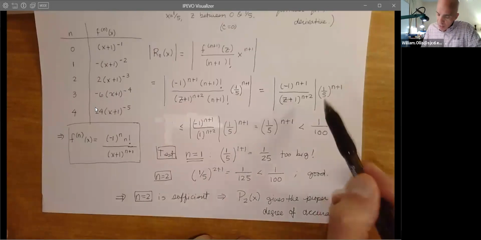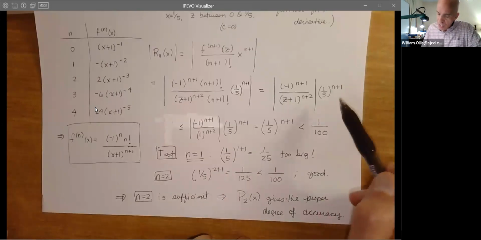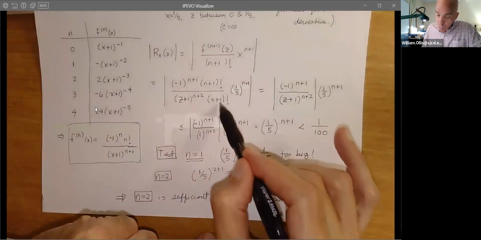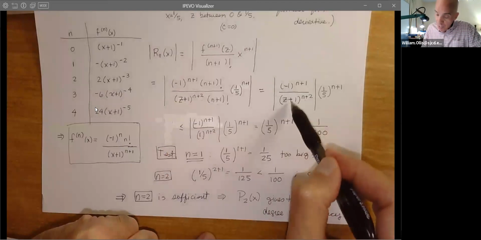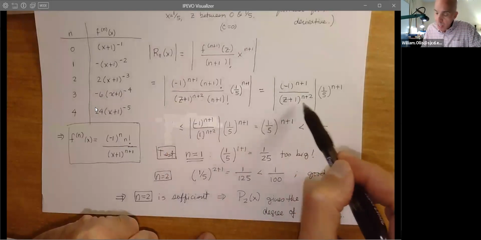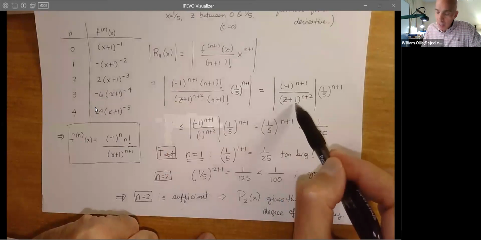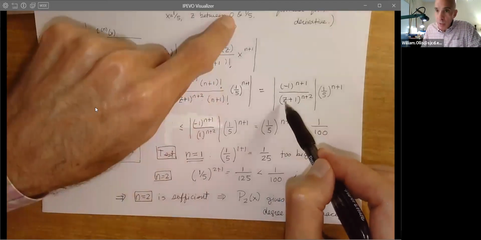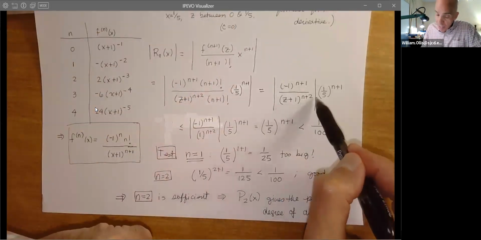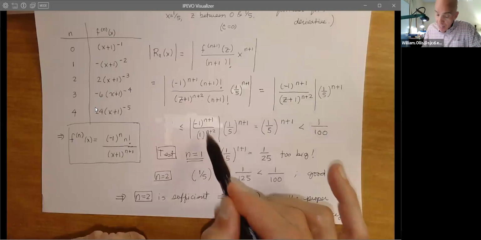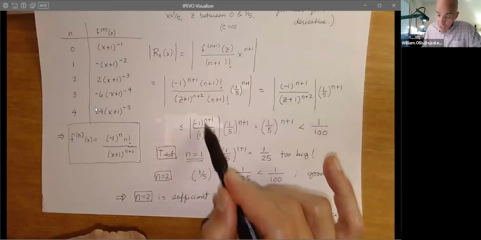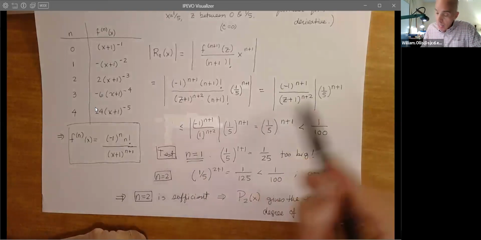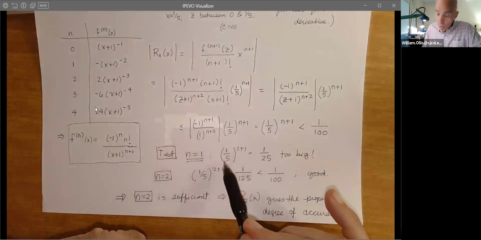Now when we look at this, let's see what we have here. We need an upper bound for this. That is, the n plus 1 factorials cancel, and we're left with this. And then we're asking, how big can this be? Well, the smallest that this can be will make this larger. So we just replace z with 0, the lower bound here. And then we get a simple upper bound. This is as large as it can be, but this is just the absolute value of -1 or +1, which is 1. And we're left with 1/5 to the n plus 1.